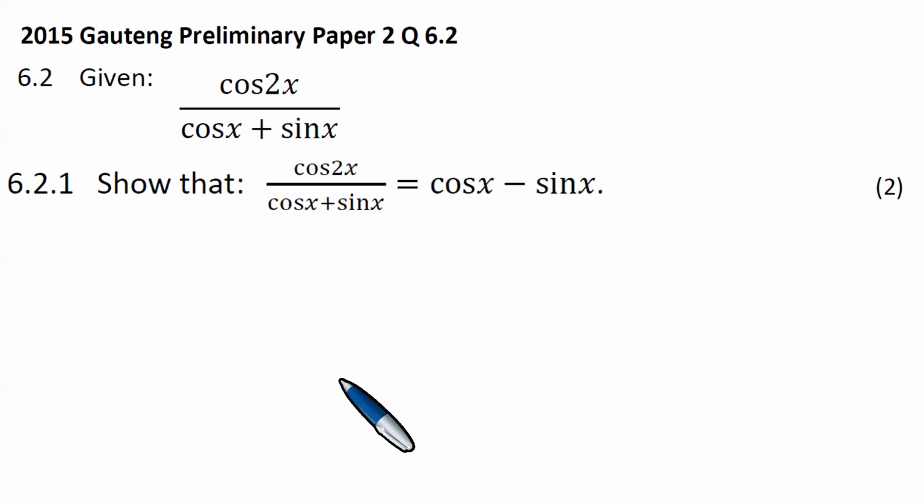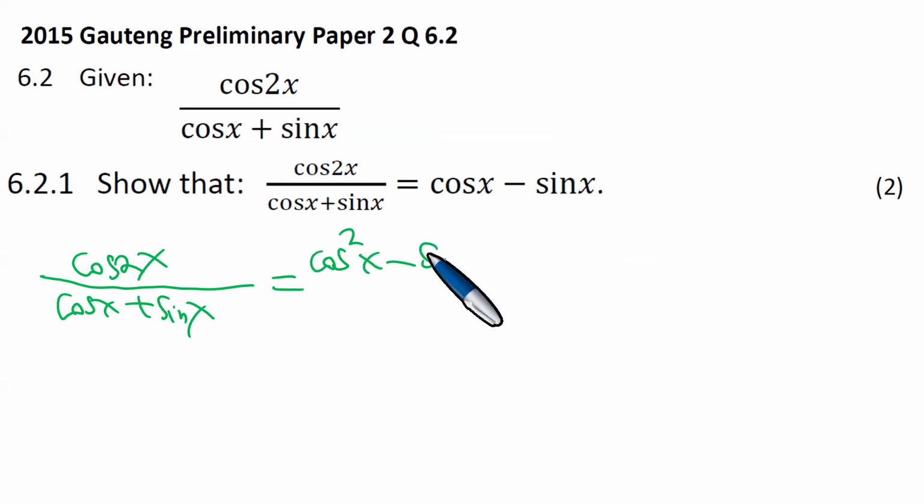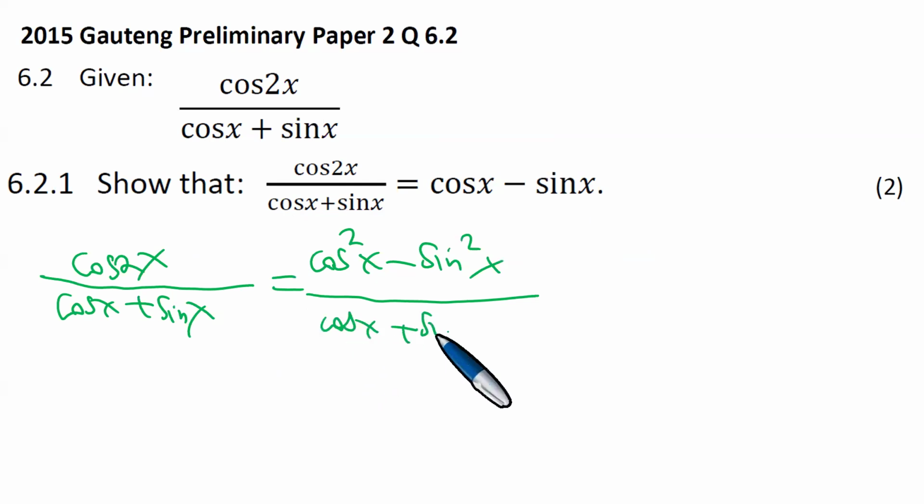All right, now, let's do this one. This one we shall do together. Show that this is that. So you are starting with cosine 2x divided by cosine x plus sine x. What is cosine 2x? Cosine squared minus sine squared. You divide everything by cosine x plus sine x,